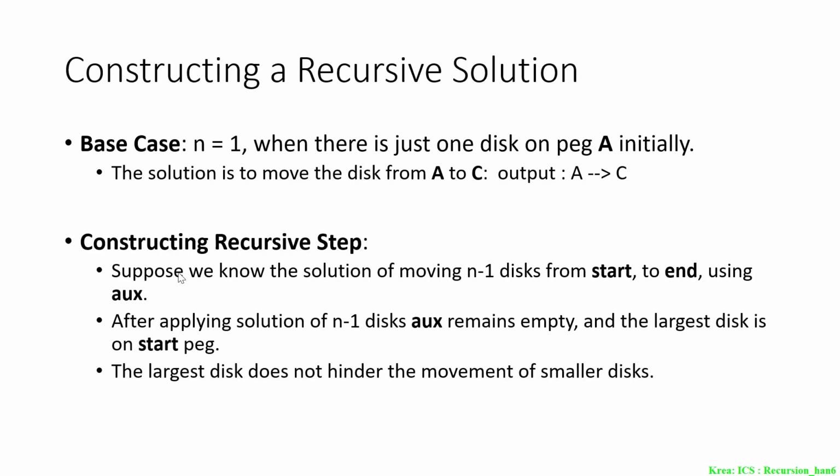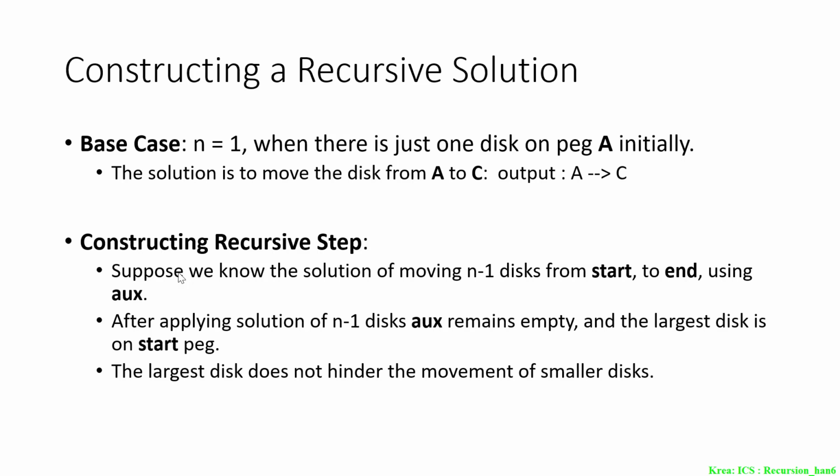Now we are going to construct a recursive solution for this Tower of Hanoi problem. And there are 2 questions which we need to ask. The first question is about the base case. The base case is the case when there is only one disk on the peg A. And the output we are looking for is simply move the disk from peg A onto the peg C. Don't even use peg B. The solution is really trivial for one disk.